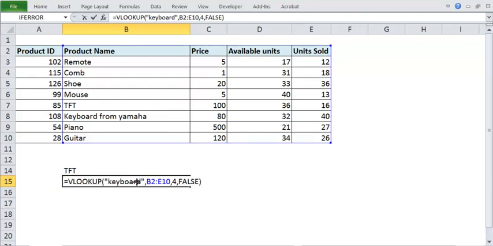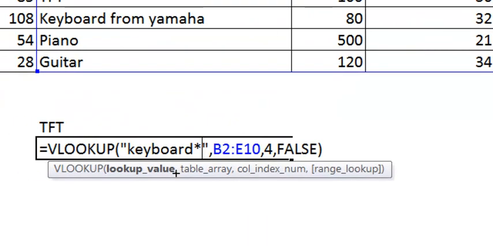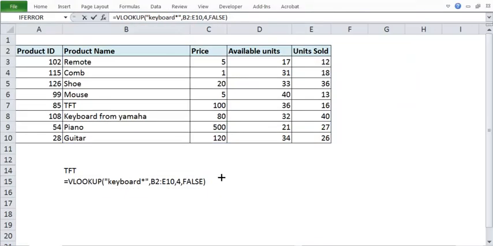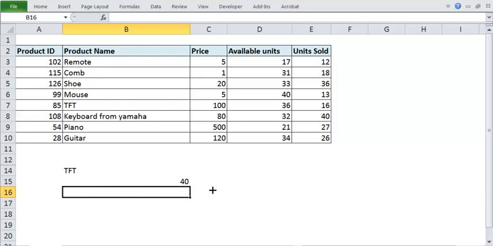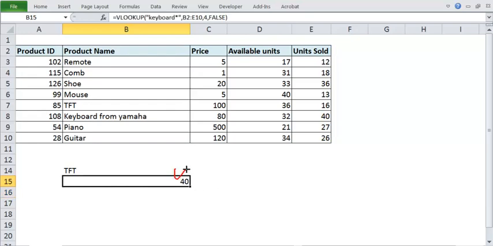So to search for that, we have the wildcard character. What we can do is go for star or asterisk. This asterisk means give me any value after keyboard. Please note that whenever you do not want to write the entire thing, you can put an asterisk as the wildcard character, and you can search. See this, now it has given me 40. So when you do not want to write the entire thing, go for a wildcard like star. Star means 0 or more occurrences.